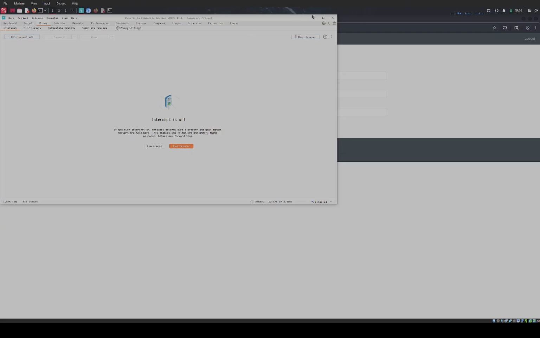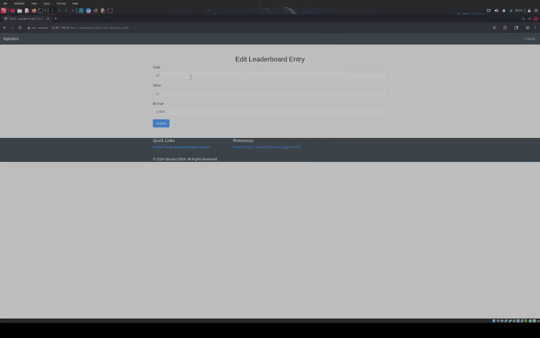So turn interceptor off so we don't keep getting intercepted. So if we just put a quote or a semicolon and then drop table users, semicolon,